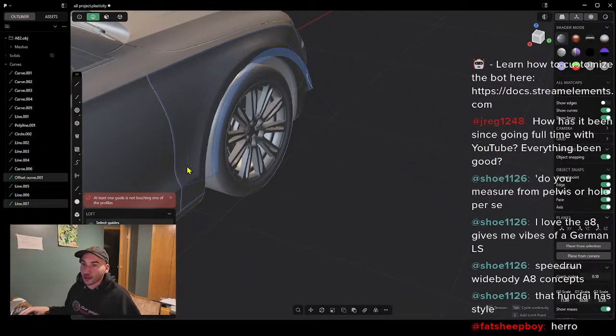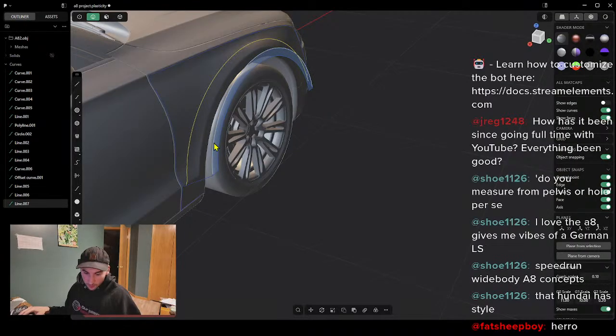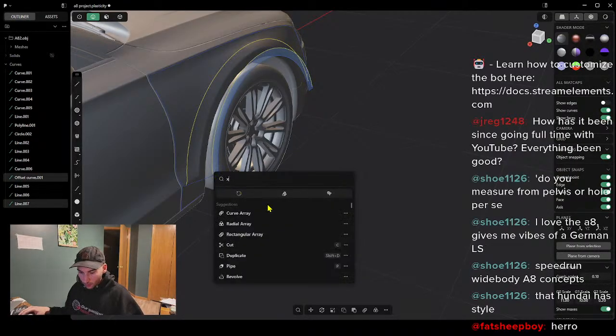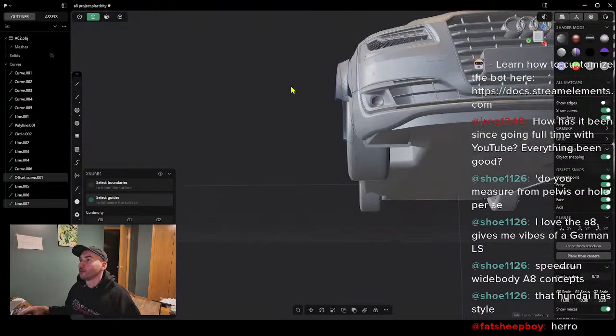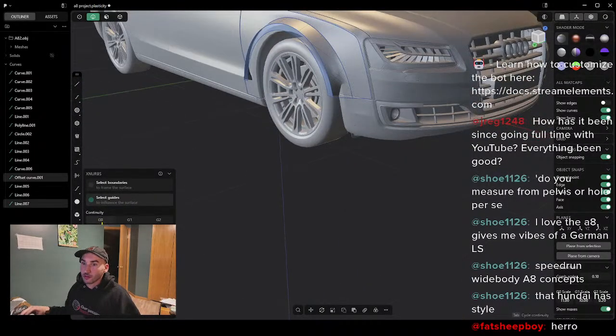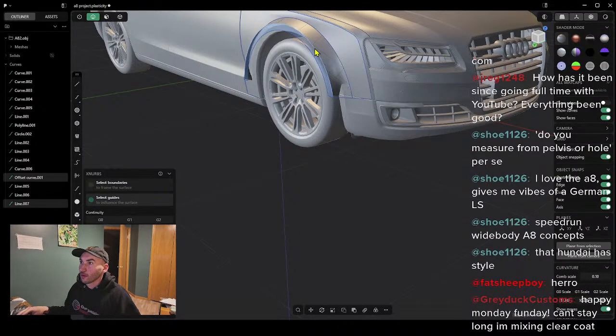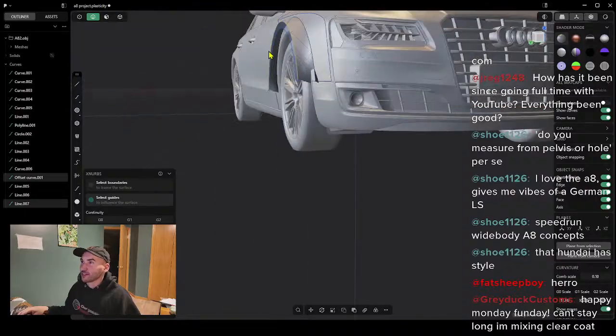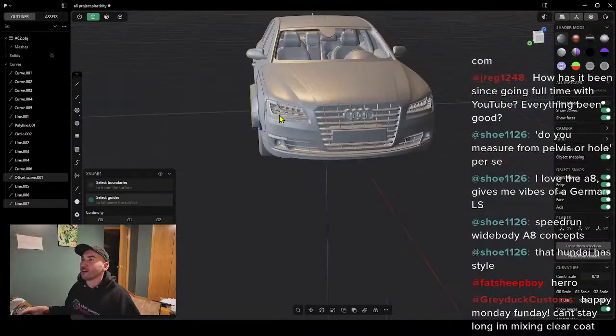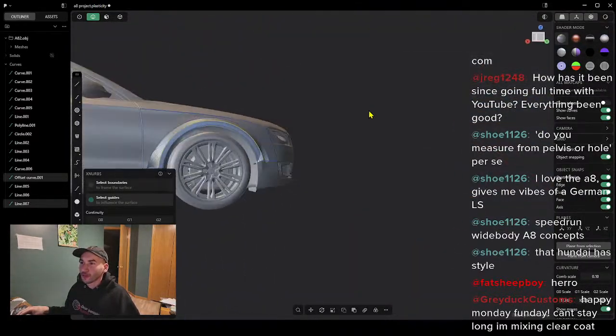Okay, let's try that. G0. So that's kind of that basic shape again. Not exactly what we're looking for,